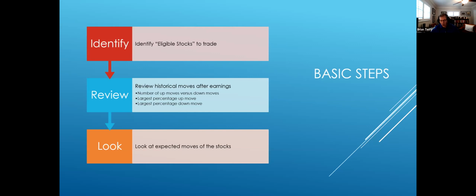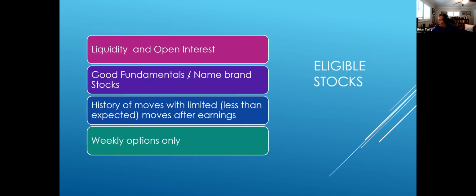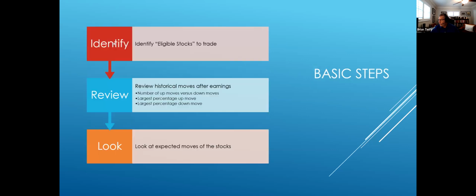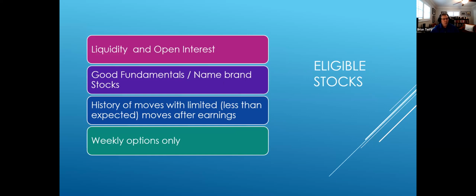So we take all that together, and then we have an idea that says, okay, this is an eligible stock. We like the historic moves in the past, and the expected moves are in line. So then we will want to look at the stock, or eligible stocks are really, we want to make sure